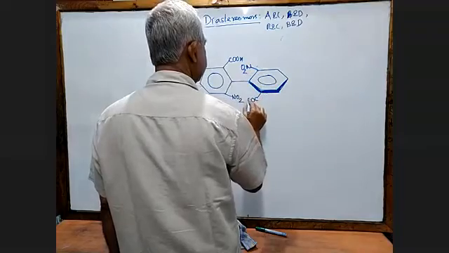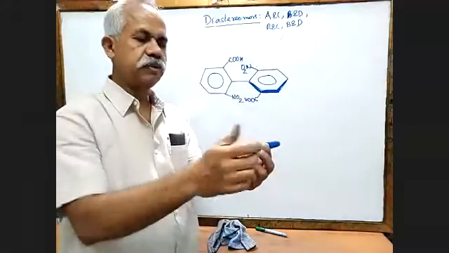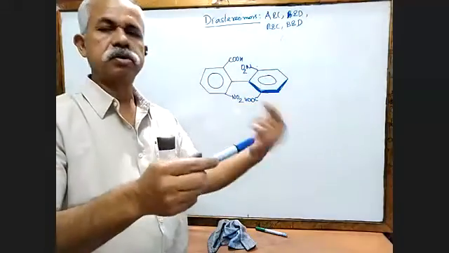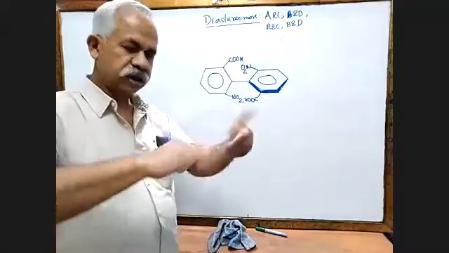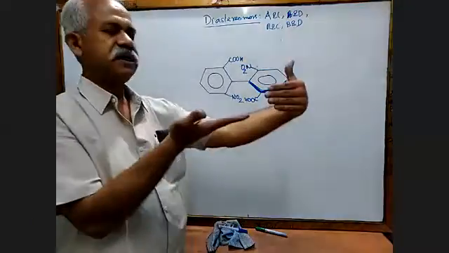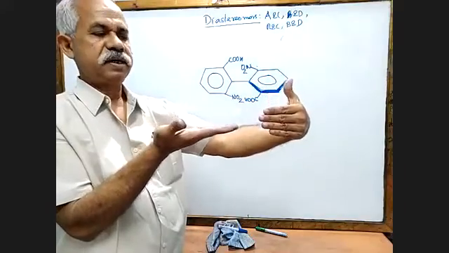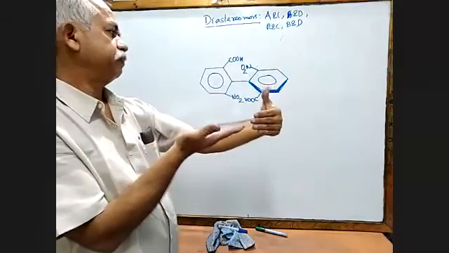See here, actually, you will find the molecules always rotate around the single bond. If the single bond is there, this is going to rotate, this is also going to rotate. All right, what happens now? Because of this group, rotation is being checked. So they remain like this. Now see here, the rotation is being restricted.